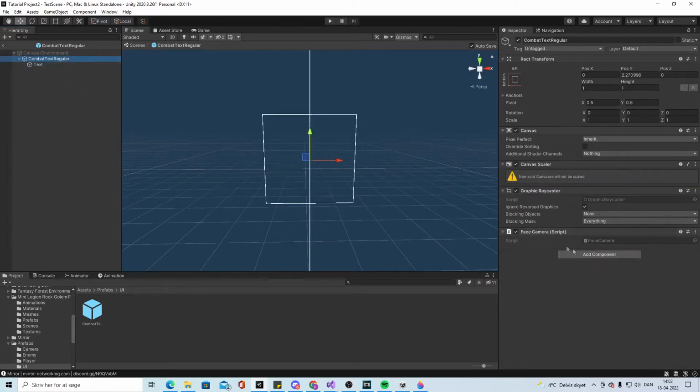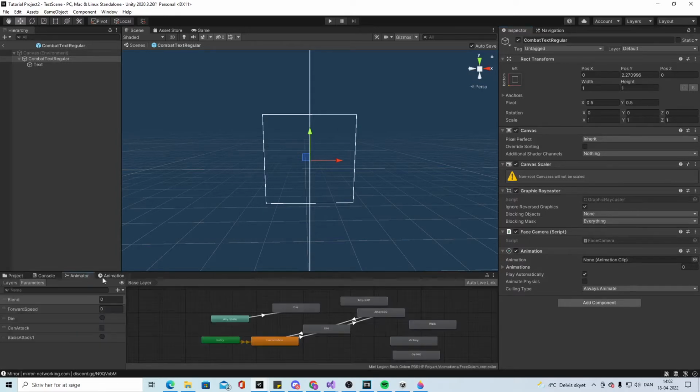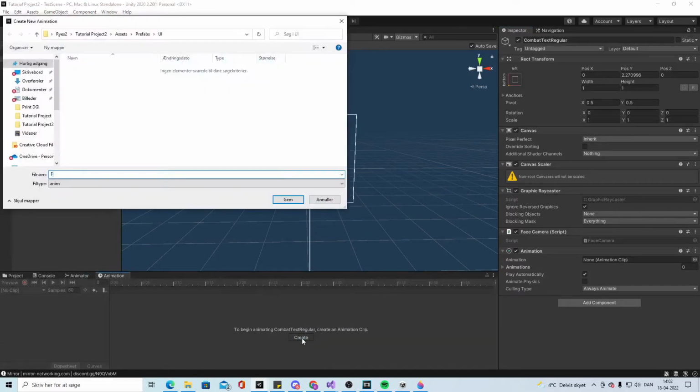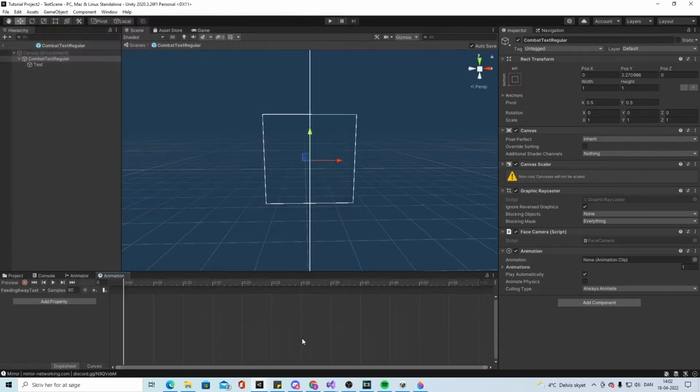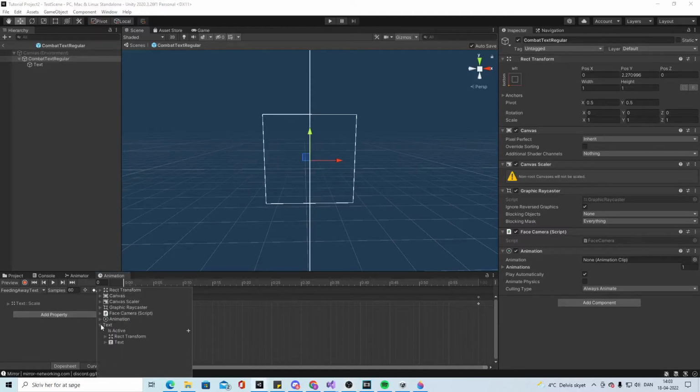So what we're gonna do is add an animation to this, and for doing that we're gonna go to the animation here and call it fading away text, and just save it in the same place. So we're gonna add some properties. We're gonna go into the text and add the scale, and we're gonna add another one also on the text, anchored position,